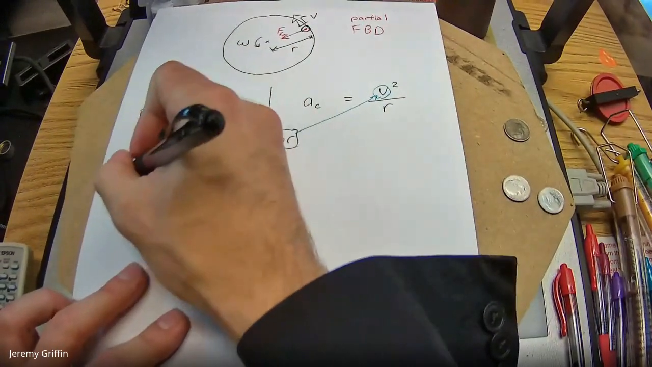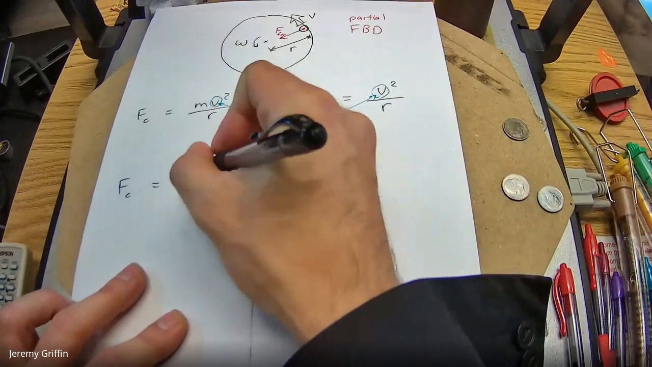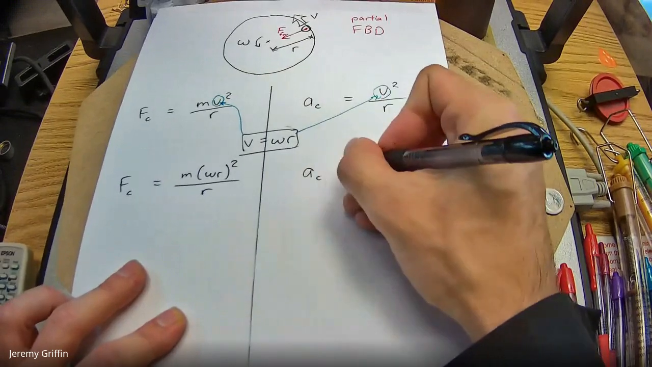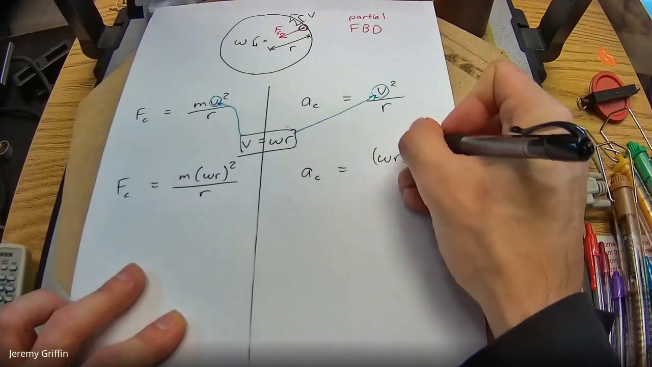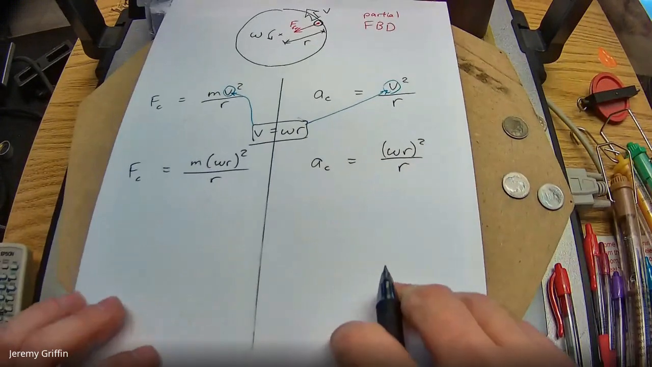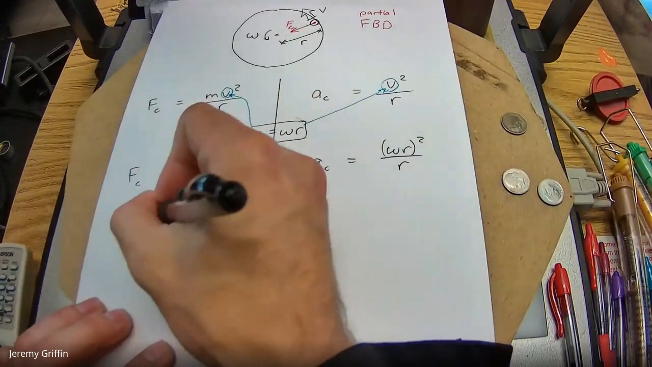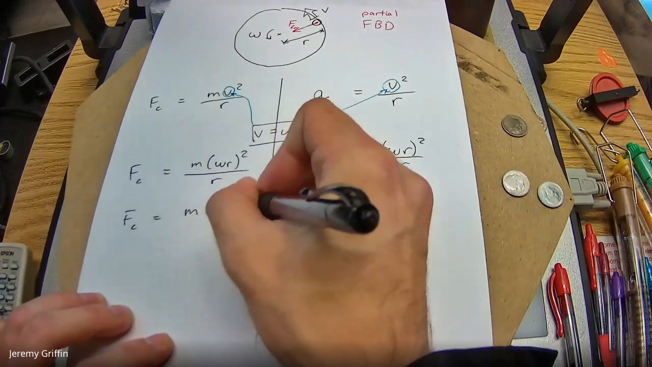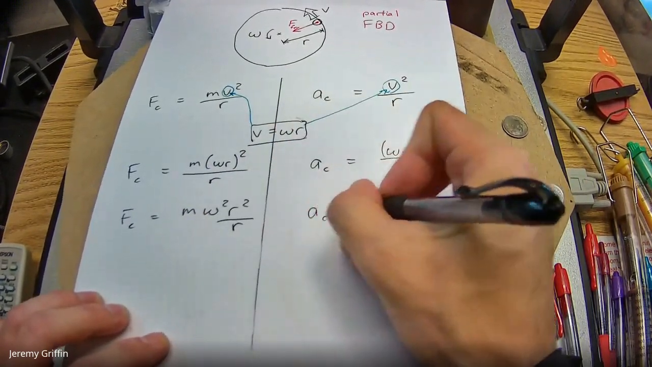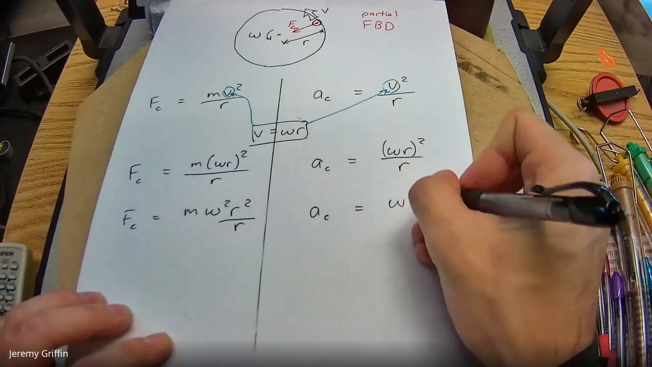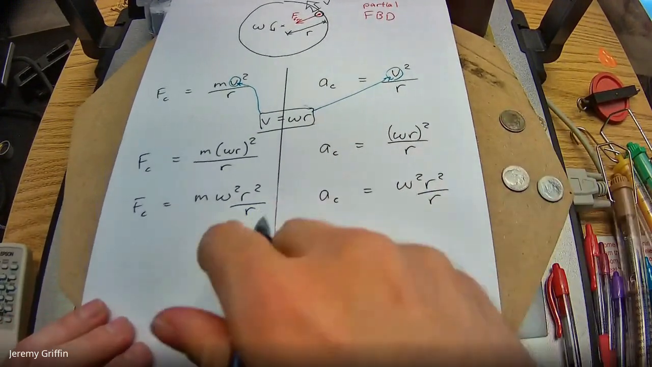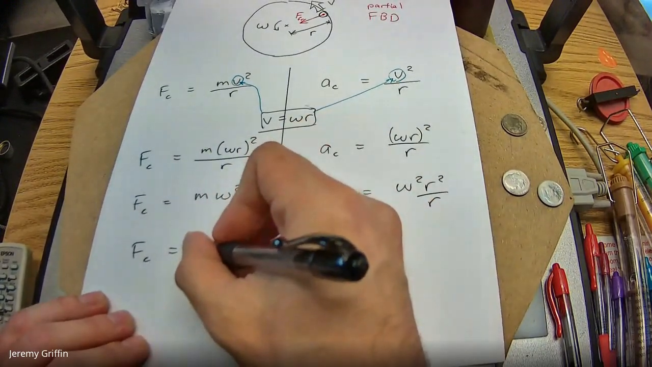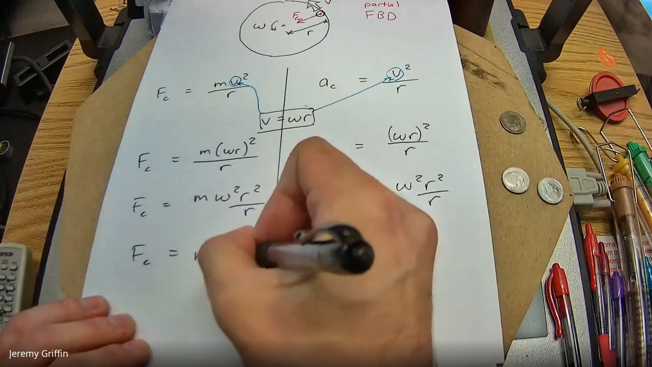So it's going to look like centripetal force is m omega r quantity squared over r, or if you like the centripetal acceleration version, just omega r quantity squared over r. We'll clean this up a little bit. So that would go m omega squared r squared on r, or omega squared r squared on r. And then the r is going to partly cancel. And I got a new formula for you guys: m omega squared times r for centripetal force,